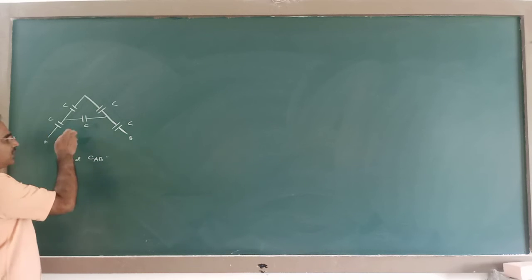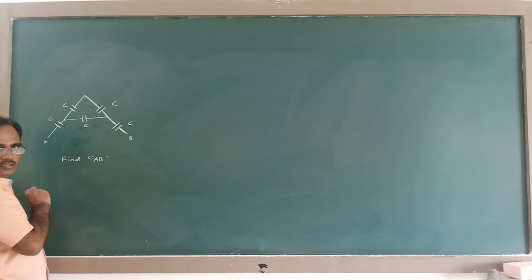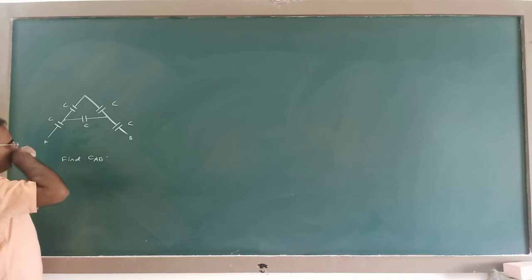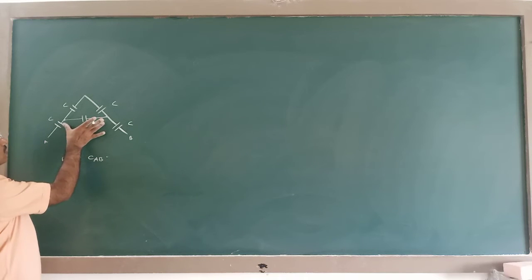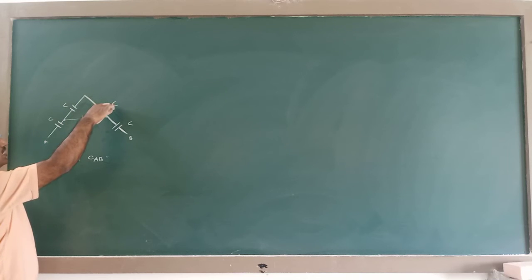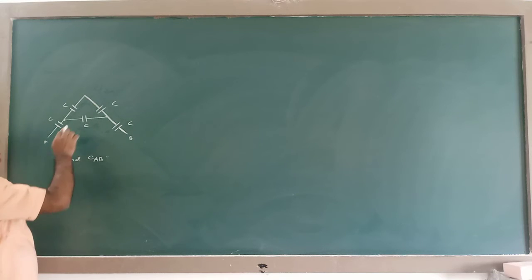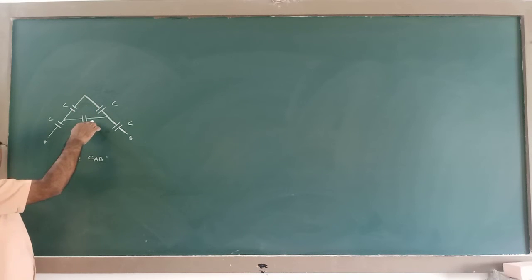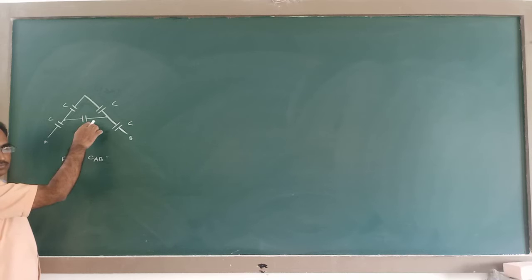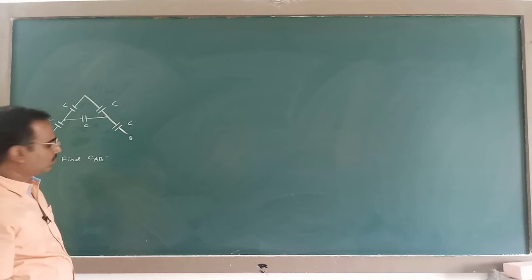So here these two are the junctions. This is one junction, this is another junction. So between these 2 points, first these two are in series. C and C, they are in series, the effective capacitance will become C by 2. This is C by 2 and C, they are in parallel. So you find the effective capacitance. Later these three are in series.